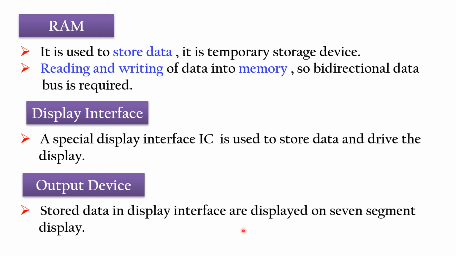We have a 7 segment display which will display the information. When we use the microprocessor circuit, I'll show you the 7 segment display, where we are going to use it to load our program and execute the program, right? So at that time I'll show you. And when you came to the electronics lab, you might have seen a clock which is a 7 segment display that shows the time. There, 7 segment displays are used.